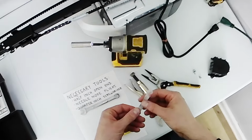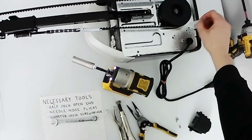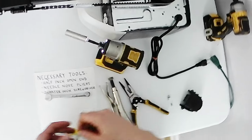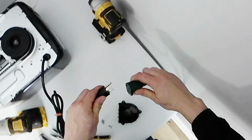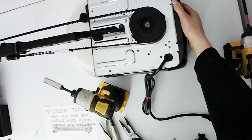And obviously, before you put the belt on, you could put the grease all the way around the teeth, or you could actually sneak the grease in a little bit here and then run the unit to work its way in, whatever you prefer. And then we're going to plug it in and we're going to put it into travel